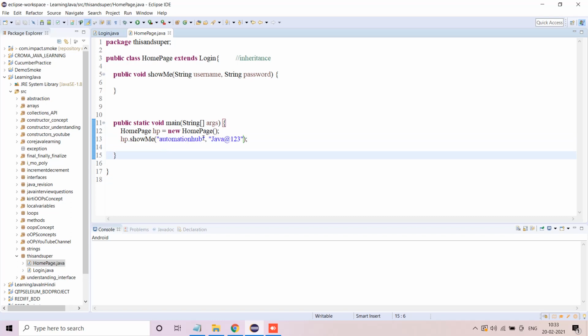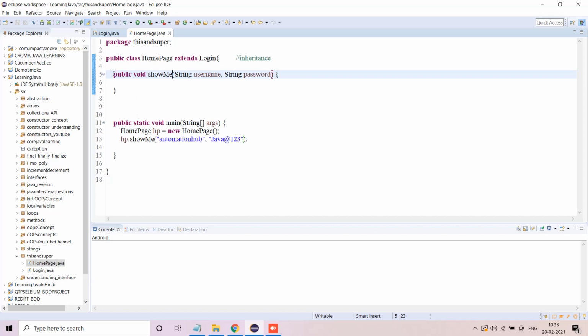So what will happen, these values which I have passed here will come into these values. It's very simple. I've just created the object of this particular homepage class and I'm calling this method. Very simple concept of object oriented programming. And why am I using this?